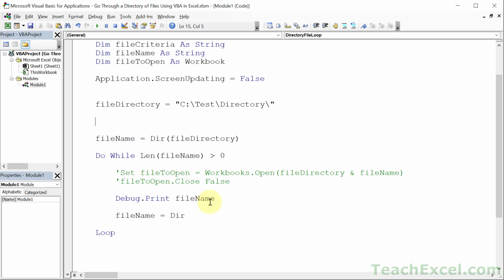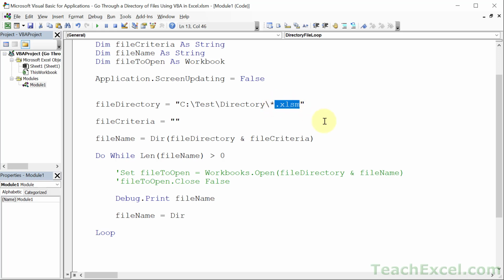Well, let's go up here under file directory and add file criteria, and that is going to be a string. And what we're going to do is pop this onto the end of file directory. So we need to go down here for file name and concatenate it like that. And for this, we're going to be using a wildcard character. Now, before I fill it in right here for the criteria, let me fill it in right here just so you can see how it's going to work. We're going to be using the asterisk, Shift 8 on my keyboard, and that means to match anything and everything. Now, if I put something at the end of it like period, XLSM, it means I want you to match everything that comes before